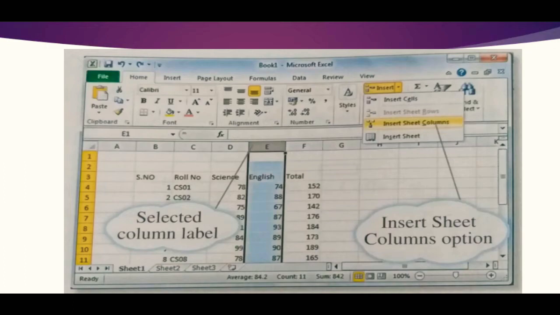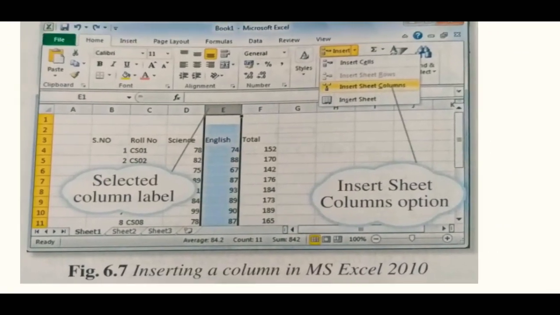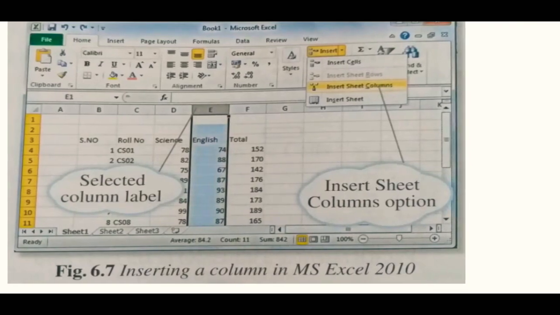From the drop-down list, select Insert Sheet Columns. A new column will be inserted before the selected column. This is the figure of inserting a column in MS Excel 2010.